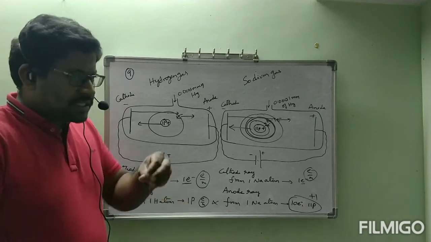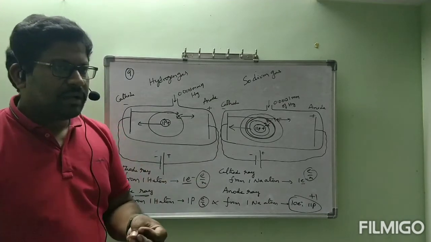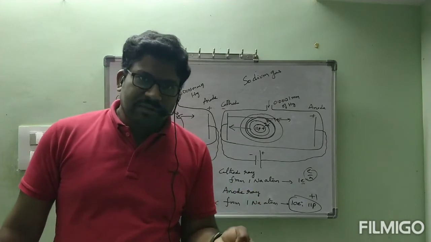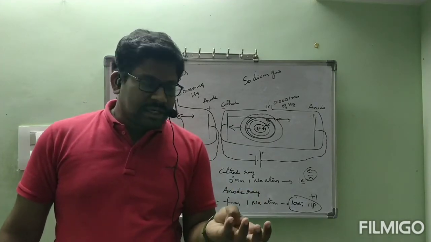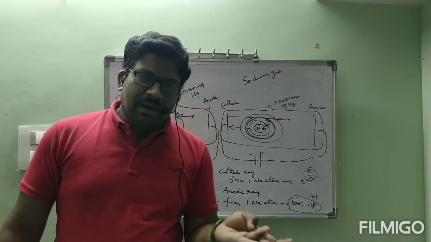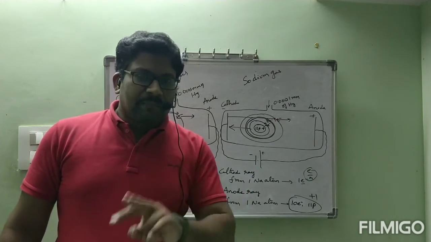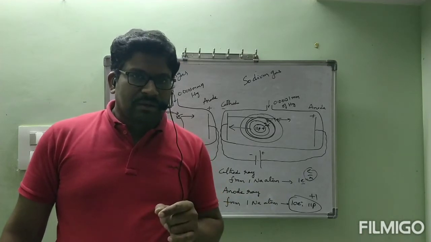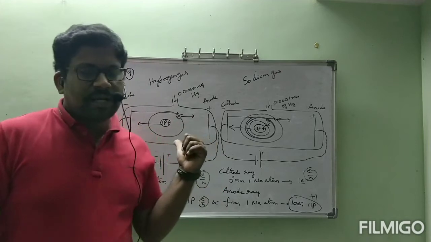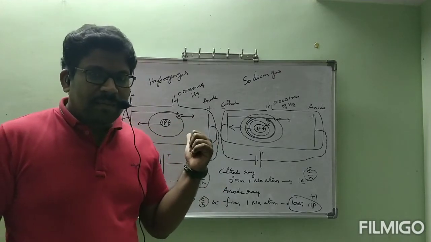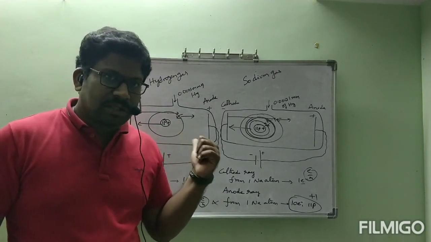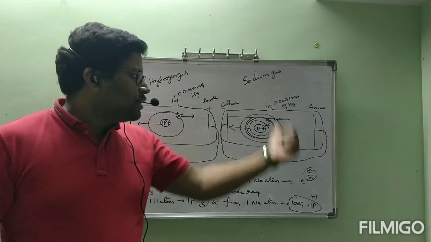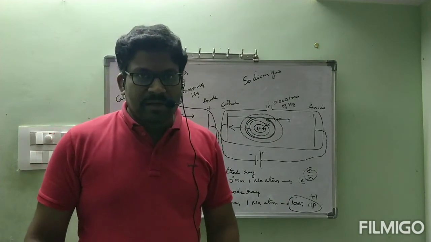With this, I will conclude one small point. First we started with the discovery of cathode rays. After that, we completed the properties of cathode rays, 8 properties. Next, the discovery of anode rays, and 8 properties of anode rays were completed. But relatively, both of them have a 9th point, and now I have completed that explanation. By this, the properties of cathode rays and anode rays are both completed. Next we will go through how the e/m ratio is calculated.